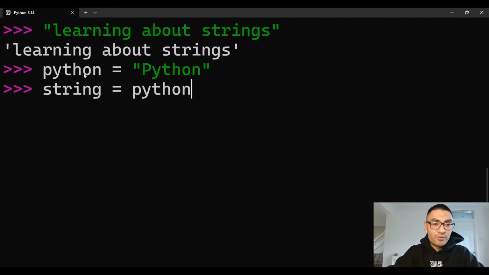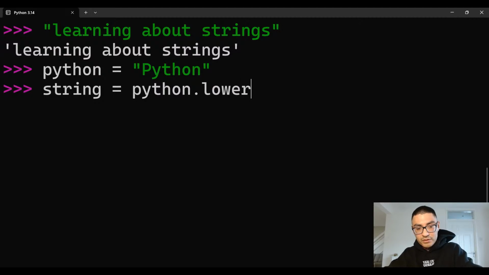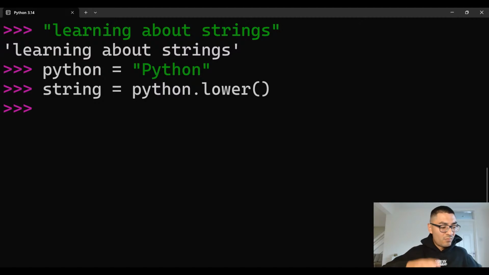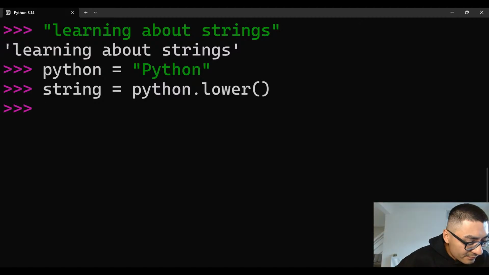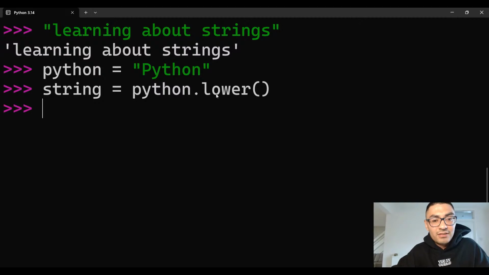The variable, whatever variable Python is stored into Python, and then we're gonna do dot lower parenthesis, enter. What have I just done? I basically converted this Python into lowercase Python, and then if we print,